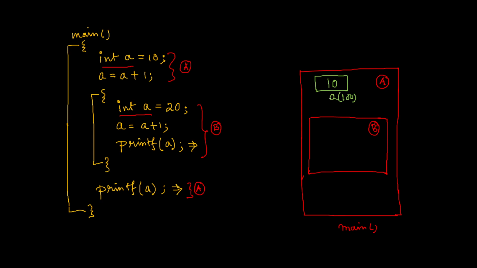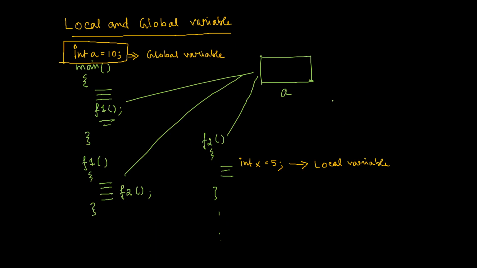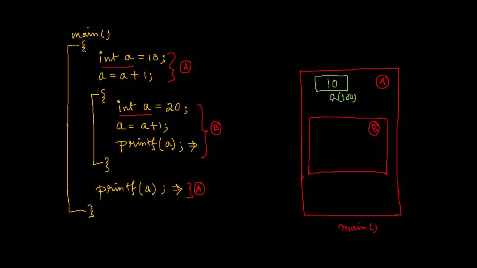So you can say that this variable A is local to the function main, right? Because we have already seen the concept of a local variable, a basic concept. Now when this line gets executed, what will happen? The computer will see that this A is declared within an inner scope, so the compiler will allow this.